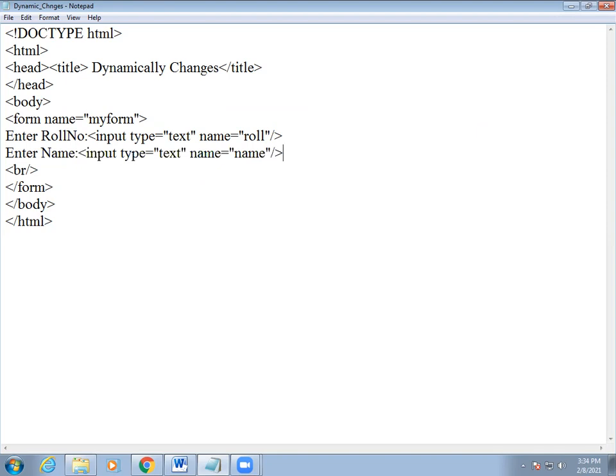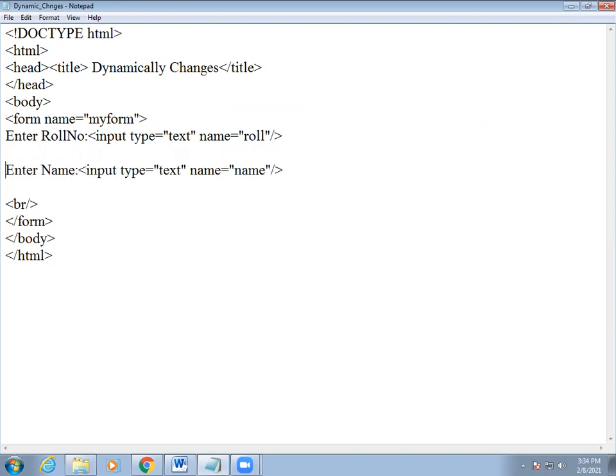Now look here, we have already given some value, and now I will put a button here for submitting information. For that we use input type button, and the button name is submit. Correct?